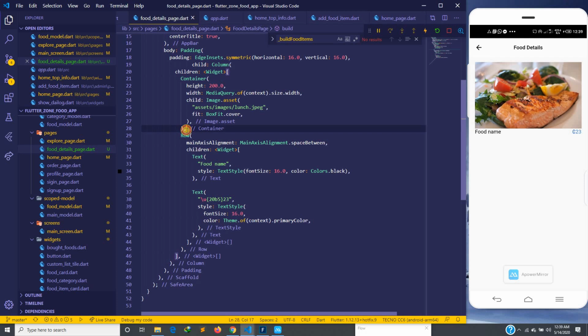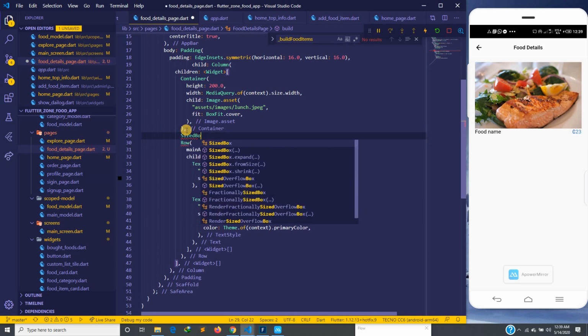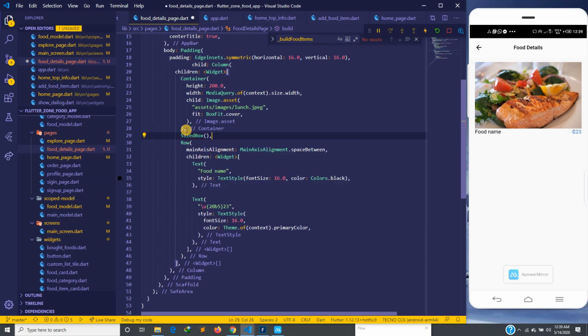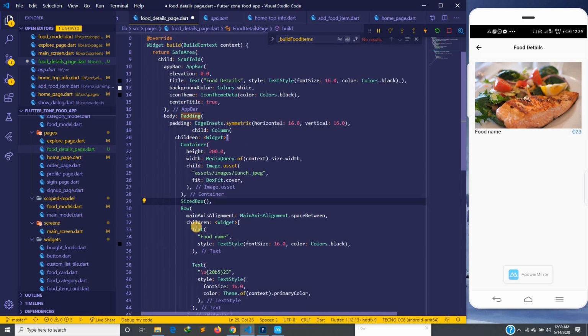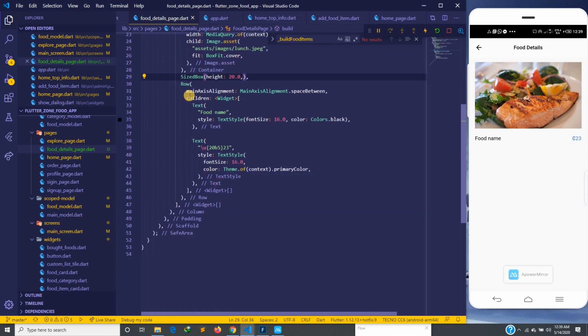So here too, I'm going to put a SizedBox here, and you can see we are in a column, so we need a height here. Okay, and we can just go ahead and put it something like this. It's okay. So now we have to put the description, and I'm just going to put a Text right after this. Okay, so I'm going to put the text here, and I'm just going to say description, something like this. Save it,